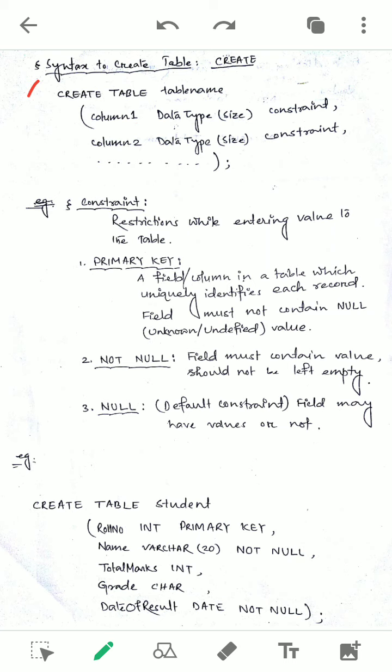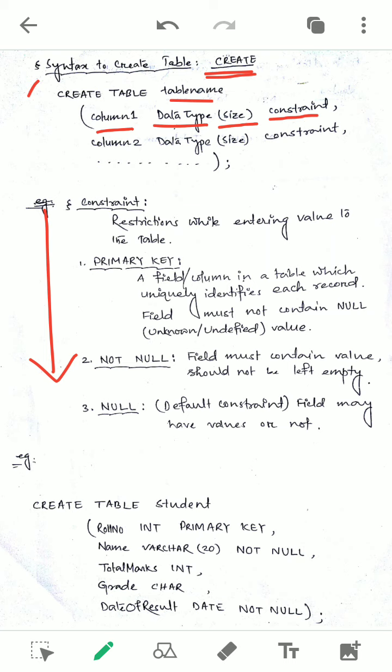As we know, to create, we have to use the create command. So create table name you have to give. This is the syntax. Then column name 1, the first column of your table. As we discussed while discussing data types, every column will have a different data type, and you have to mention the data type. So column 1 or field 1, then the data type you have to write, and the size, if it is given. The size should always be written in the bracket, remember. And then constraint, this constraint will be asked in your exam. Now what a constraint is, we will discuss here.